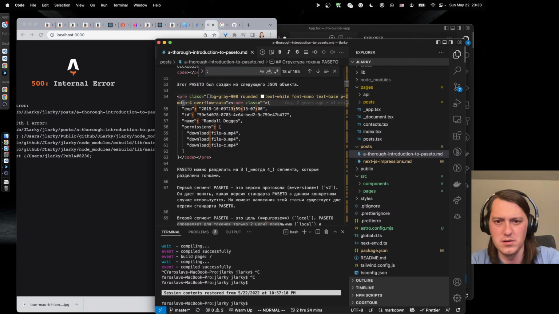Yeah, let's look at the error then. So it built all of that stuff. So named export builder is not found. The requested module builder, which may not support names. Huh. You know what?